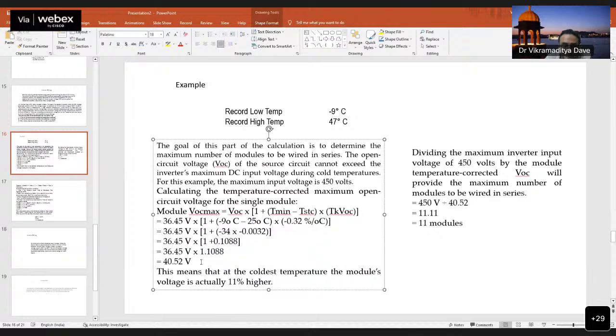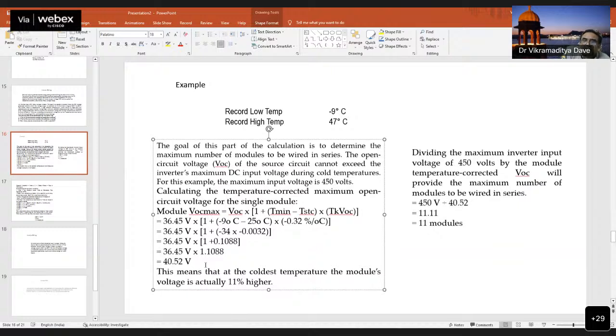Okay, in this calculation we'll use the ambient temperature. Yes, the maximum ambient temperature or minimum ambient temperature. So here I have taken -9, so I have used -9 degrees centigrade. So accordingly, you can see that during the cold season, generally the misnomer is that during the very high summer season,